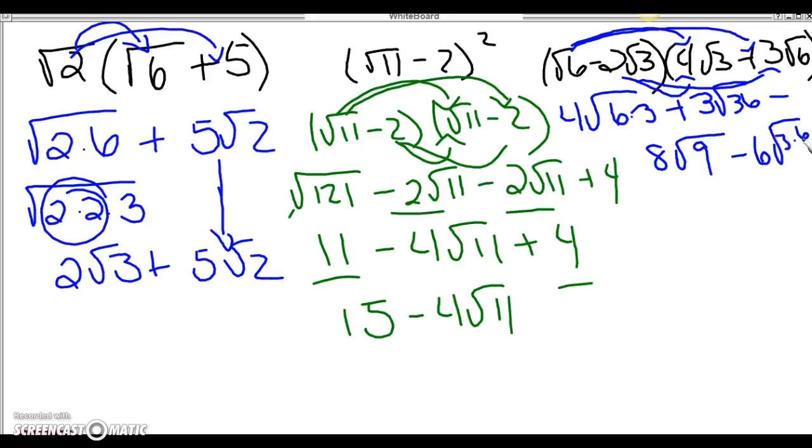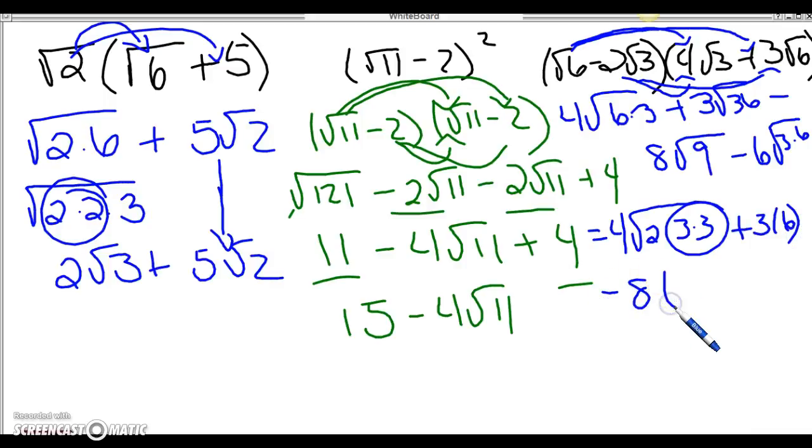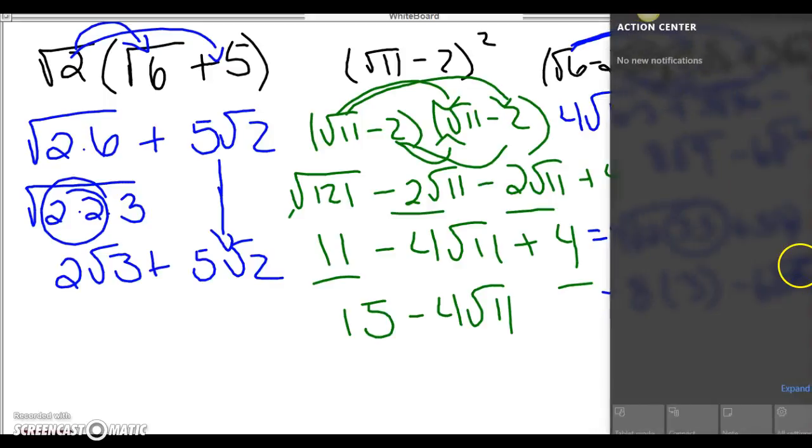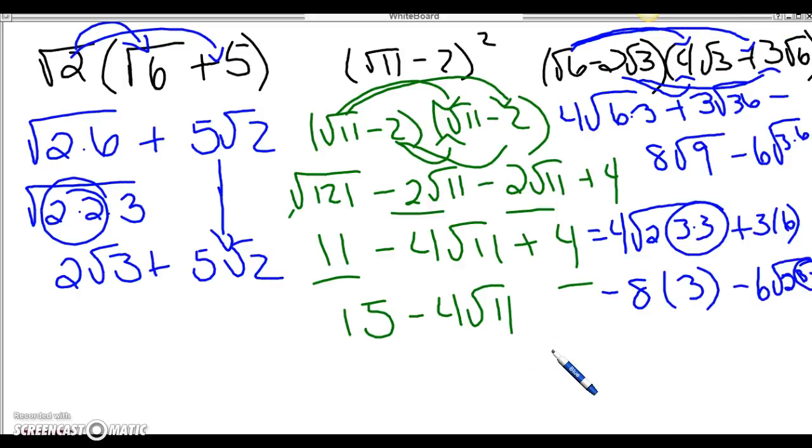So again, I left it like that for a reason. So here's my equal sign here. So we have 4 root 2 times 3 times 3. Those combine, plus 3 times root 36 is 6, minus 8 times root 9 is 3, minus 6 times 2 times 3 times 3 again. And so, oops, one of those will come out. And so again, here's my equal sign. I'm left with 4 times 3 root 2